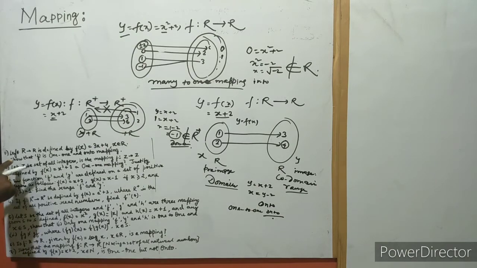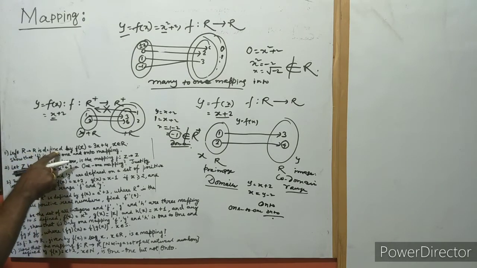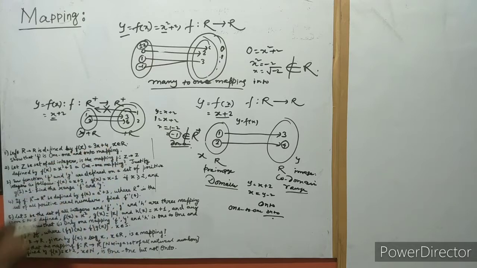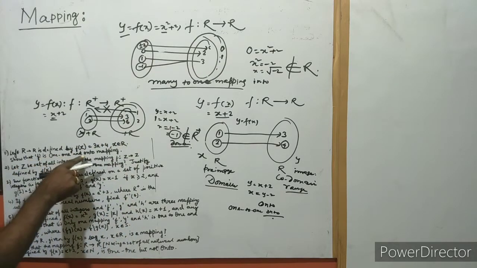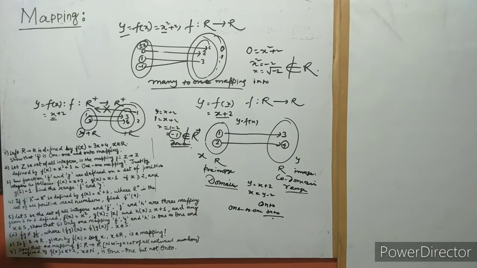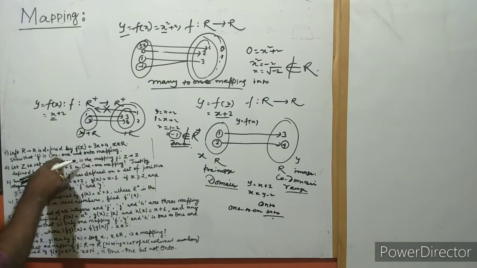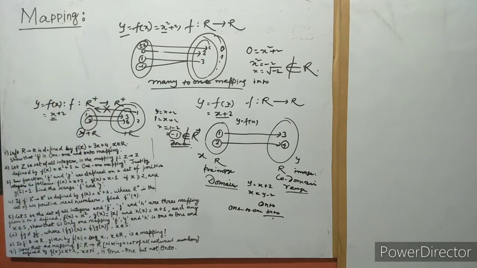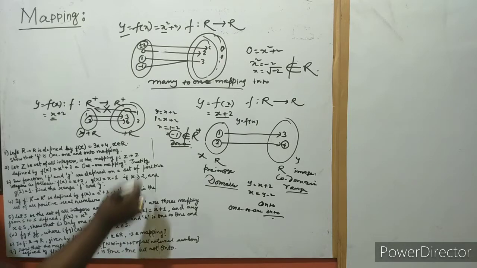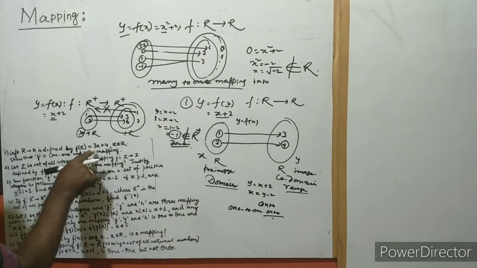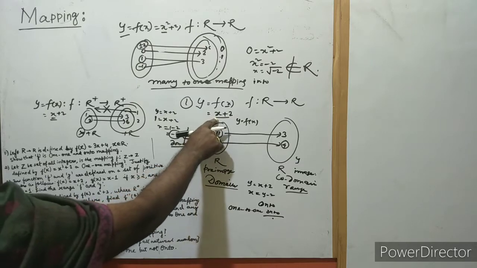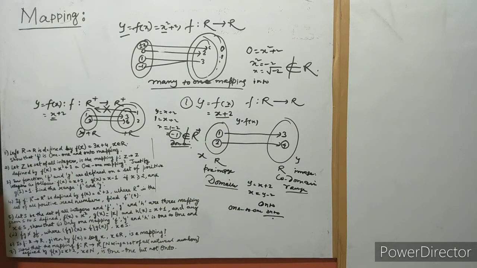It is a question. Let f from real numbers to real numbers be a function defined by f of x is equal to 3x plus 4, and x is a real number, so that f is one-to-one mapping, not onto mapping. Sorry, one-to-one and onto mapping. And this is an example of that. Okay. This is the question, question number 1. Just you have given 3x plus 4. Just I am giving 3x plus 2 there. Same as the example. Okay.